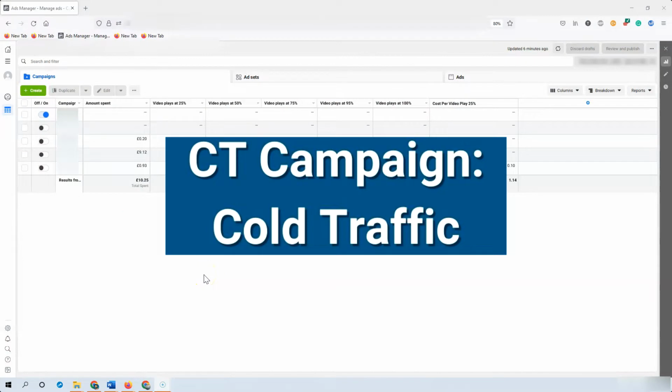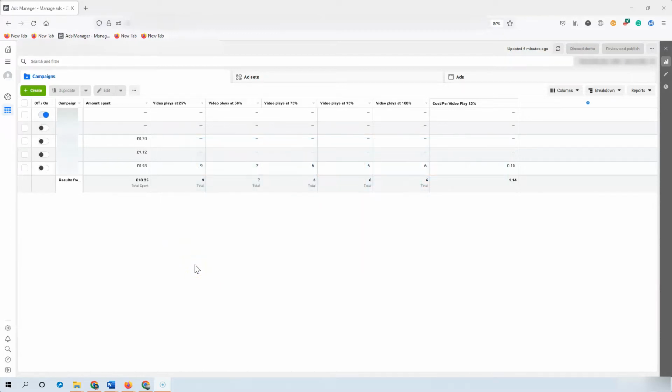So firstly, we're going to build out the cold traffic campaign. With this one, we're wanting to reach the wide audiences of people who have never viewed your content before, and you're going to put your video views straight in front of them. So getting straight into it, all you do is press create,